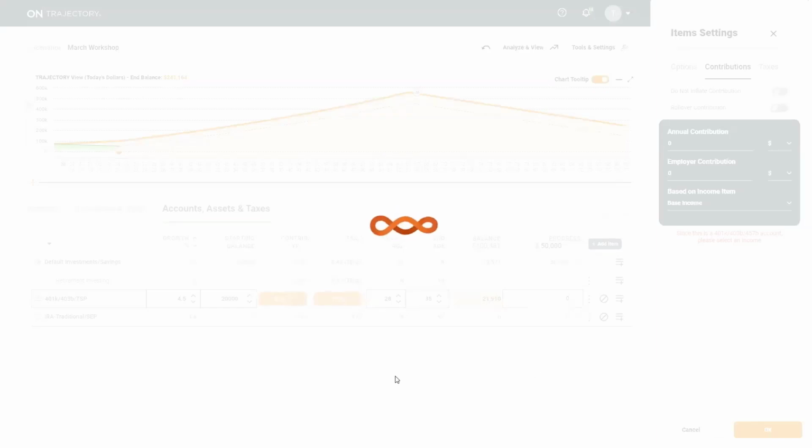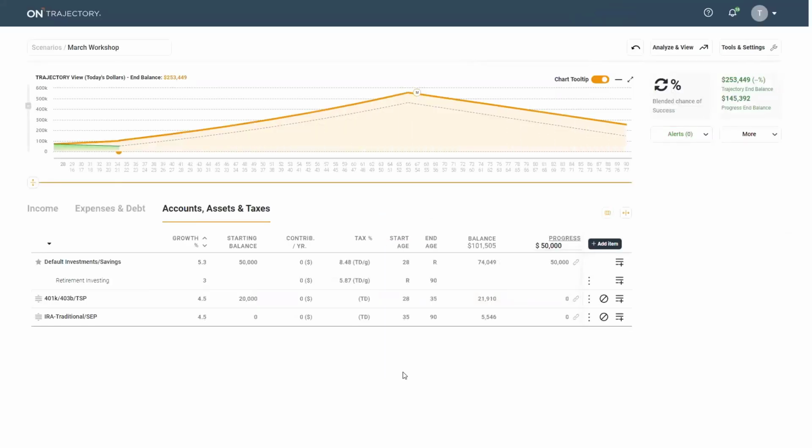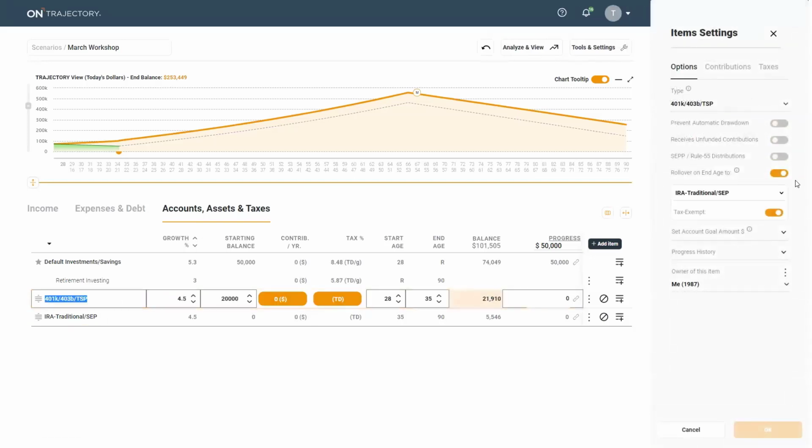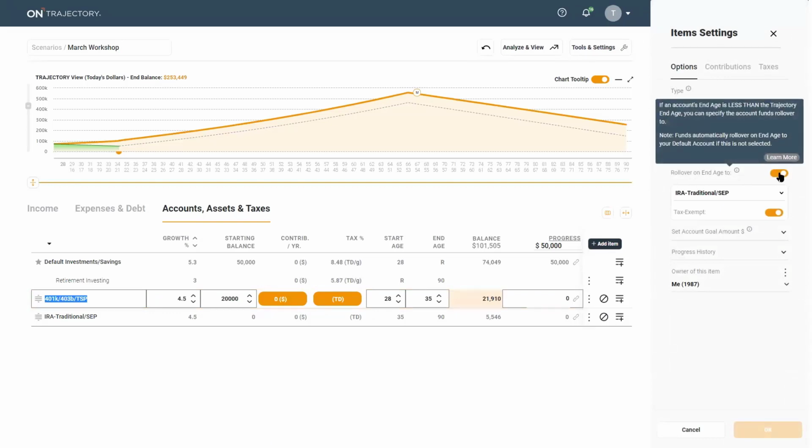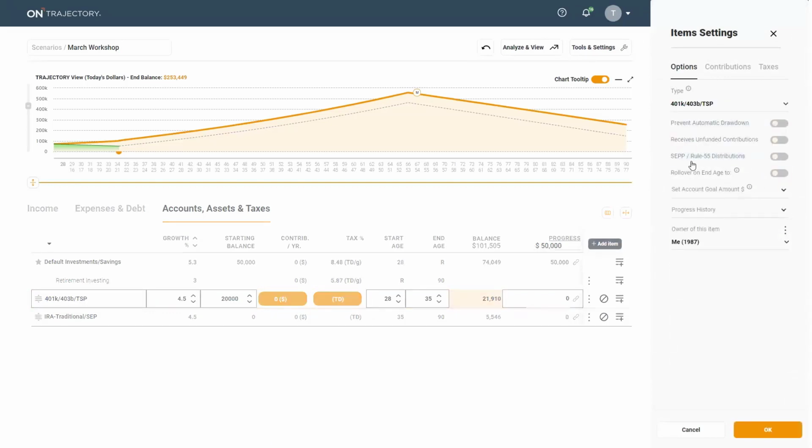Now that's different, I just want to say it out loud, than a Roth conversion, right? In a Roth conversion, you're converting it. You're going to pay taxes on everything, and then it's going to go into a Roth account. We actually make it easier to do a Roth conversion than we make it to do a rollover. We're working on making the rollover just as easy, but in a conversion situation, instead of choosing rollover on end age, you can choose